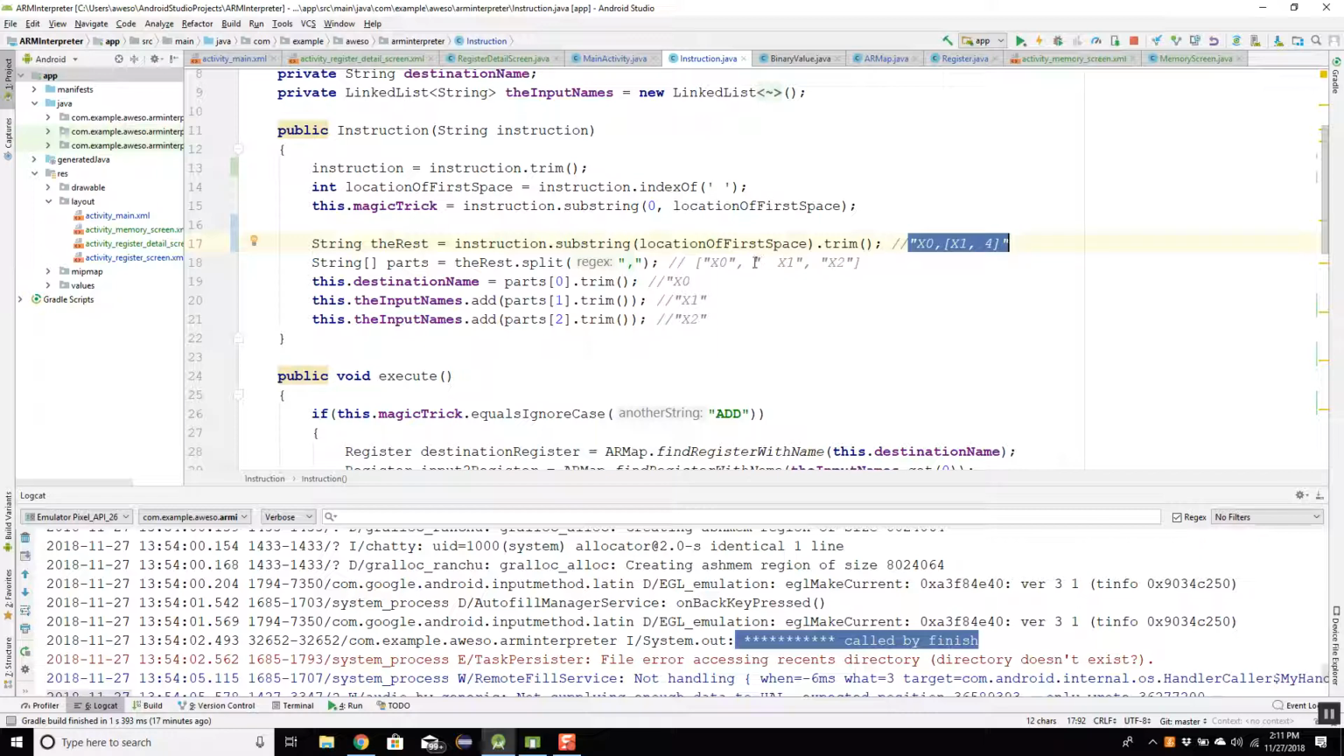I'll get an x0, I'll get an x1, and I'll get a 4, like that. So that'll be my split. Okay, so can we work with this? If this is my split, this is our destination name, and then we've stored it